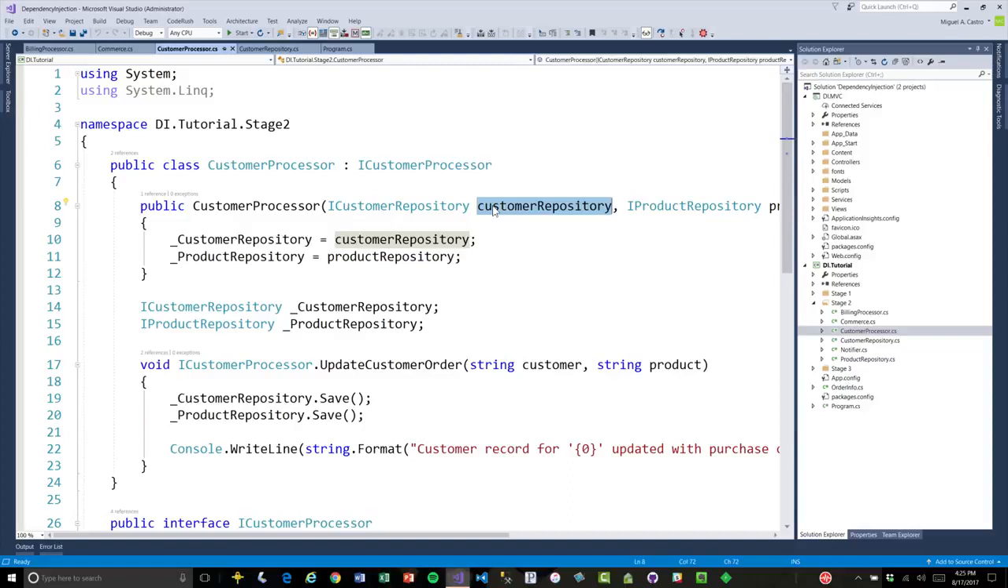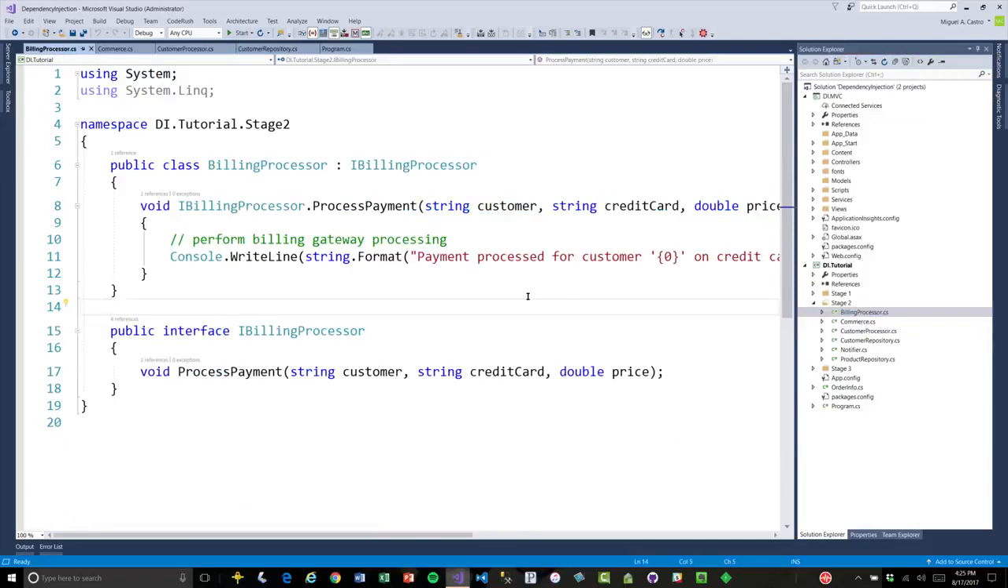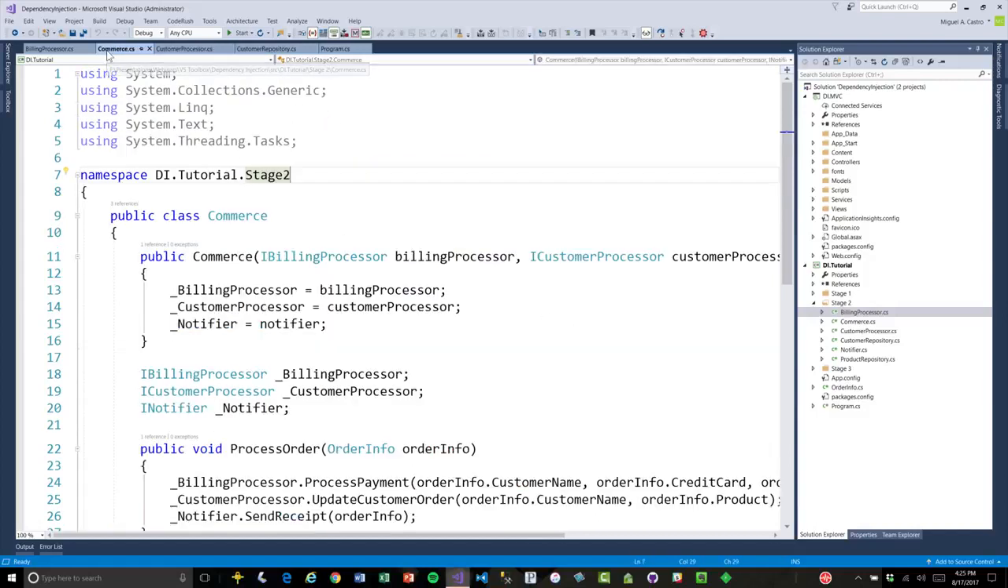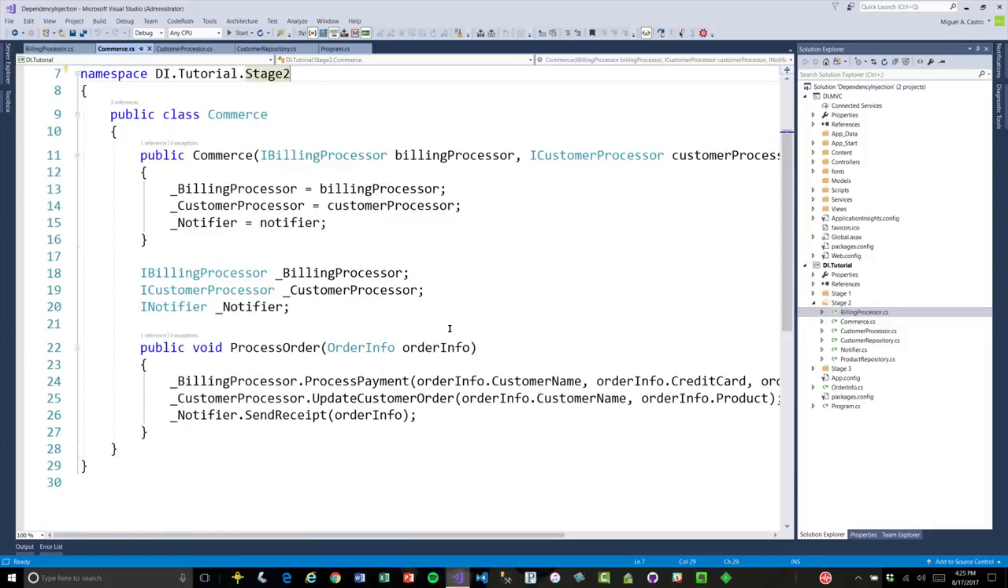So previously, back in the billing processor, if I wanted to test that, well, billing processor, in our example, does not have any dependencies. Which is the first one that calls, what calls customer processor? Commerce. Okay. If you wanted to test process order right now, you'd have to mock billing processor, customer processor, and notifier. And in the process of mocking customer processor, you would have to mock its dependencies. Right. Now that's not going to change going forward with what we're going to do, because we solved the testing problem